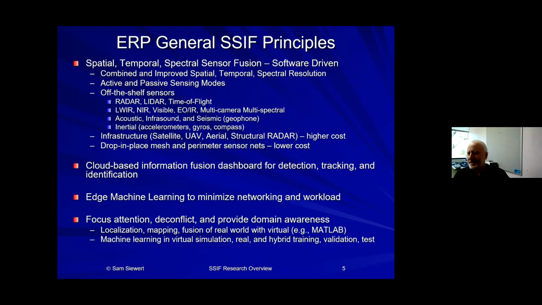Domain awareness is the fancy term for it. This has traditionally been something that the military does. The military does this now. But the interesting thing is this can be applied to things like Alaska or Northern California or South Africa, for really what are more environmental and sustainability challenges. That's the observation, and that has been the interest in Alaska. In fact, the link to ADAC should be in here, and you can go take a look at that